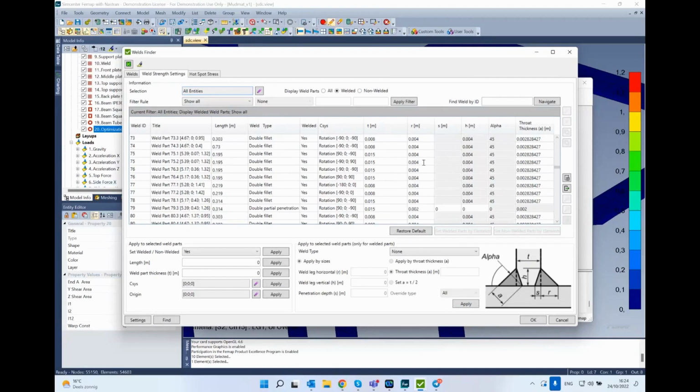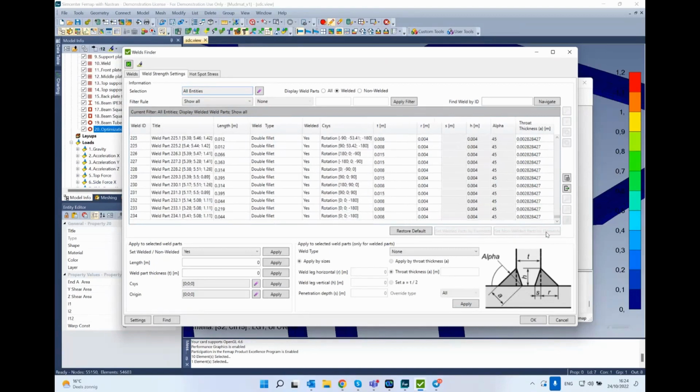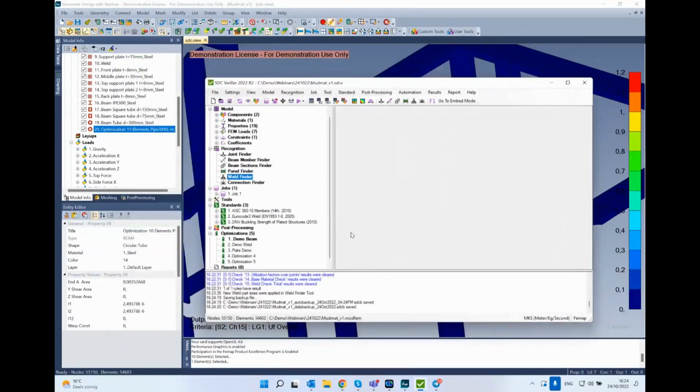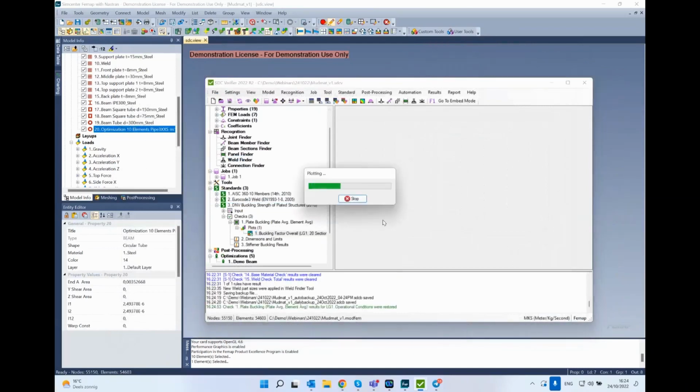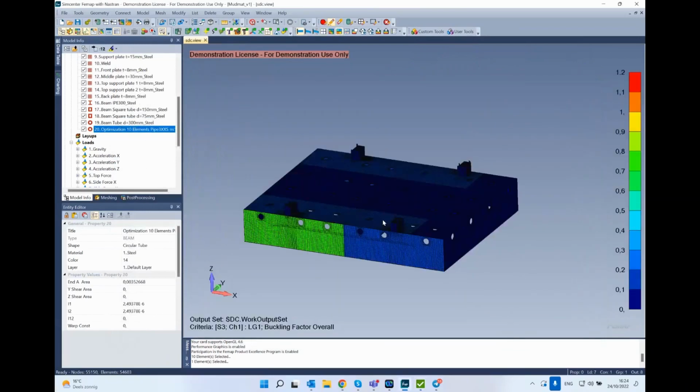Huge time saver. We have hundreds of welds in our model, but sometimes it's thousands. It's a huge time saver in terms of defining the types of welding. And the last, but very important as well, is plate buckling check, where we have a plot. And you've seen that this model is not very much overstressed, our